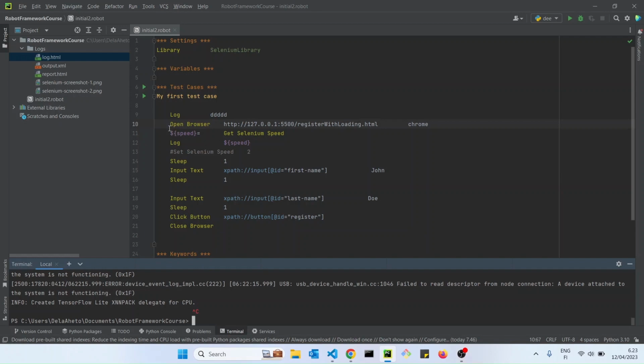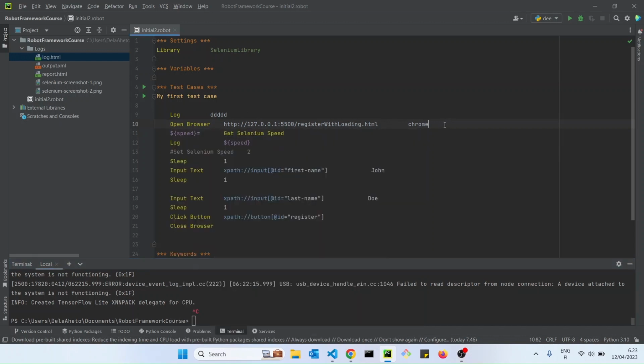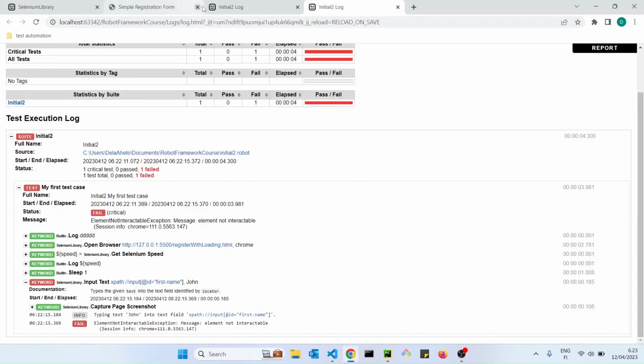So typically, after the open browser, after the web app you are testing opens, it's usually advisable to use the waiting keywords on the element you know you are going to interact with before you actually interact with them. So let me quickly remove this. Yes, so we know we are going to be interacting with